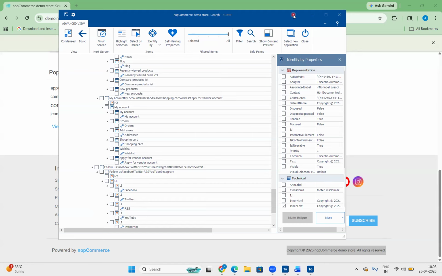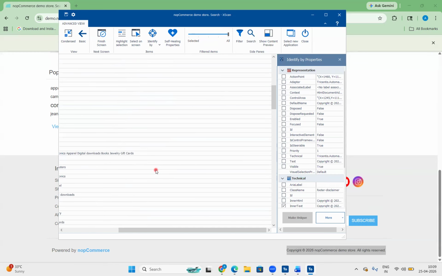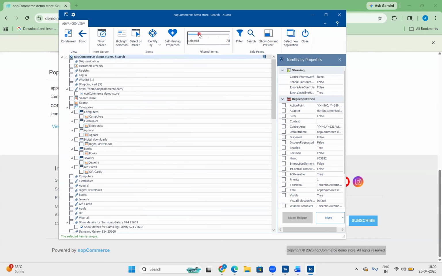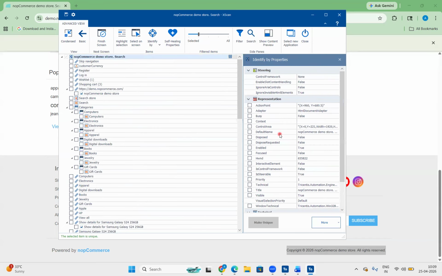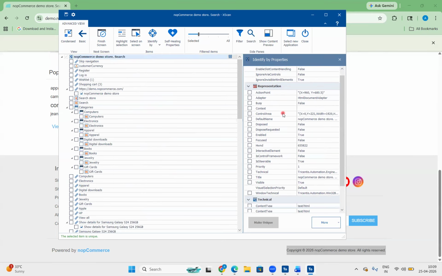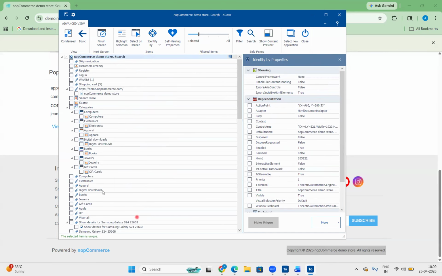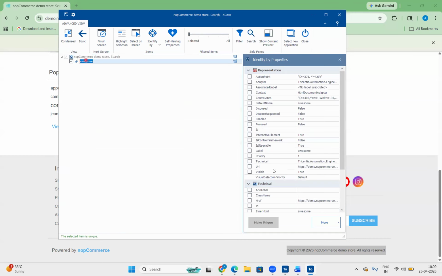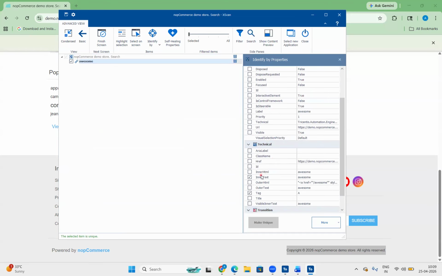Anusha, it will take the unique XPath or unique locator only, right? Like if we have multiple, the same element, same XPath for multiple locators. So in Tosca, there is no XPath concept, first point. XPath is not recommended in Tosca. Instead of going with XPath, we simply go with technical properties. For awesome, you can see only the technical properties are selected.